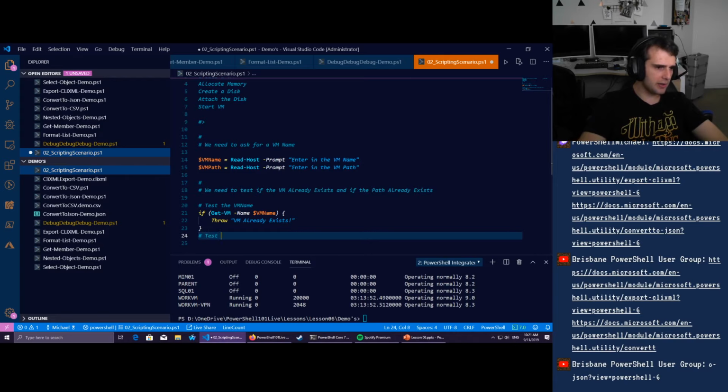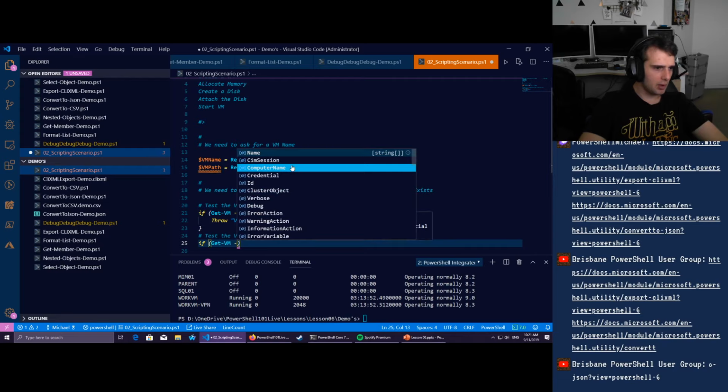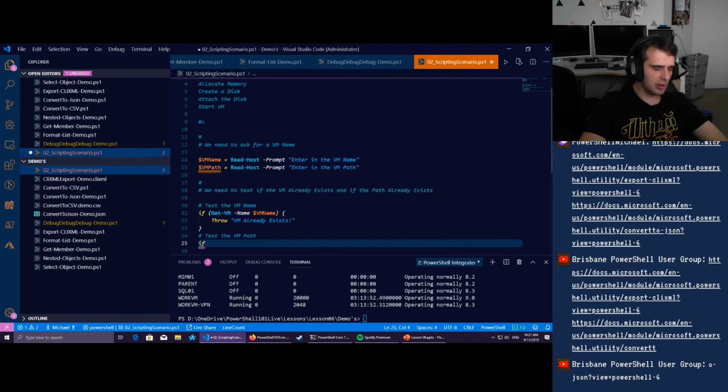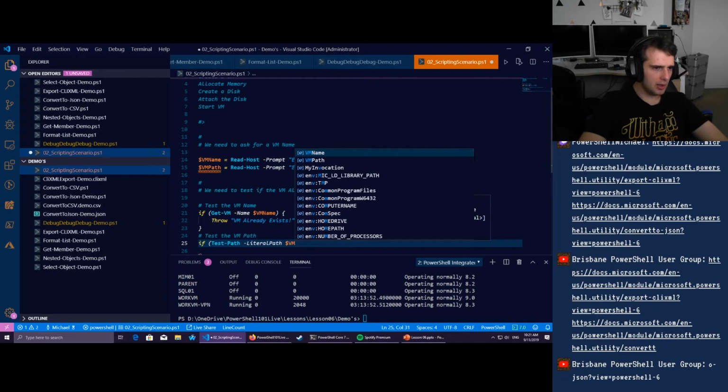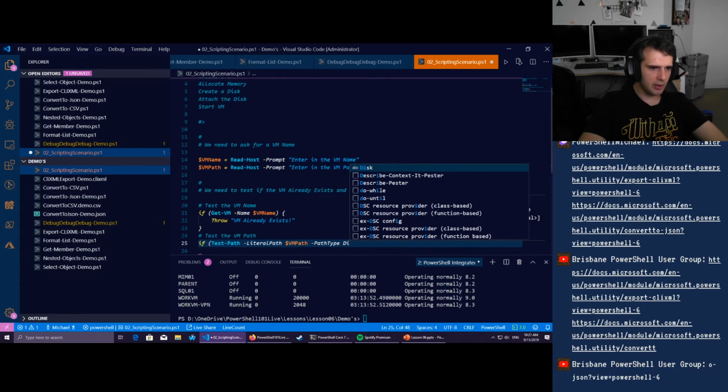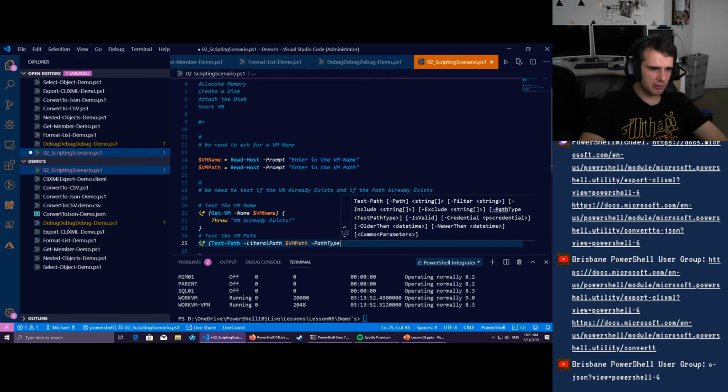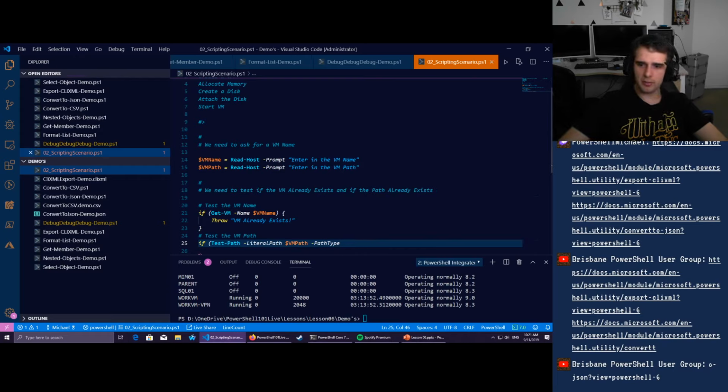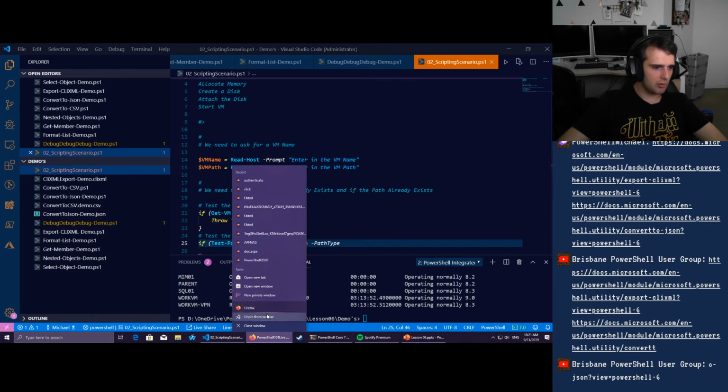We're now going to test the VM path. So we're going to say if Test-Path with the literal path VM path. We're going to say path type directory. I think it's not directory. I'm not sure what the path type is, so I'm going to quickly go to